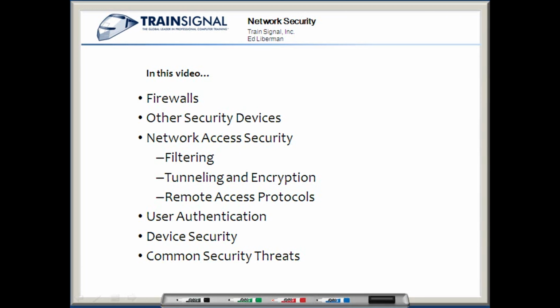After that, we'll look at security from a network access point of view, including filtering, tunneling, and encryption, and we'll look at some of the different remote access protocols. Then we'll take a look at all the different forms of user authentication that are available. We'll see how to make our devices more secure. We'll go over some of the common security threats that are out there and how we can help mitigate against